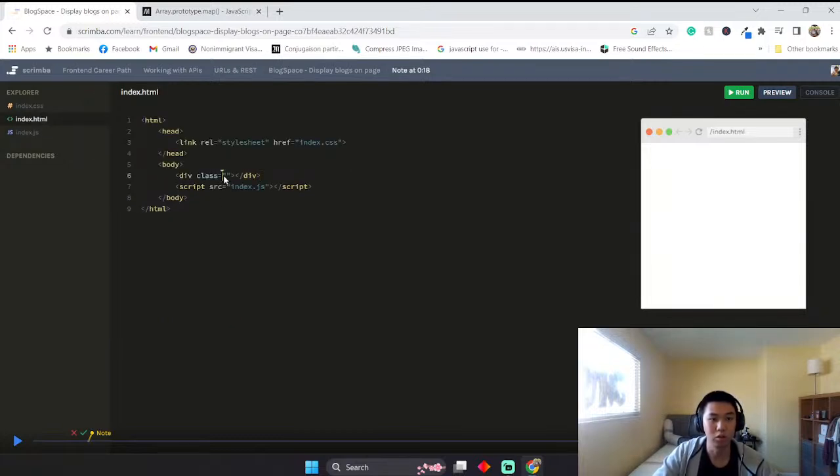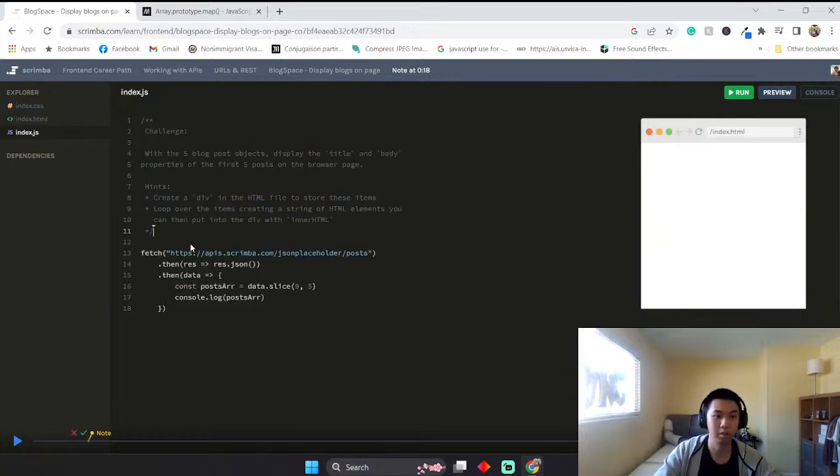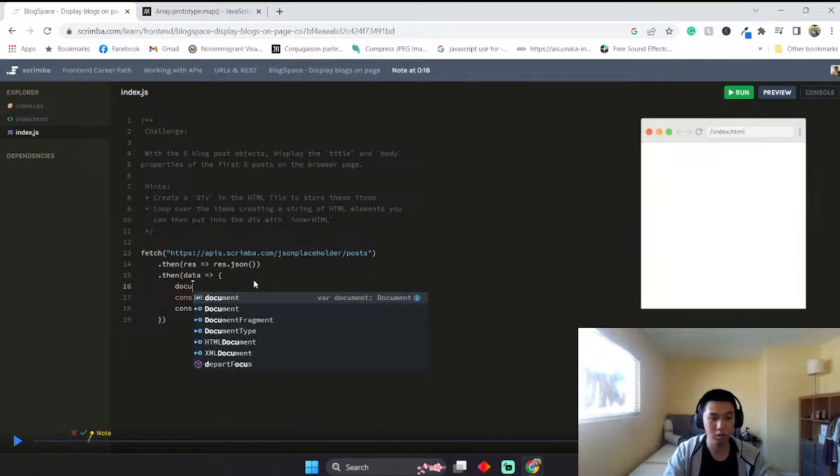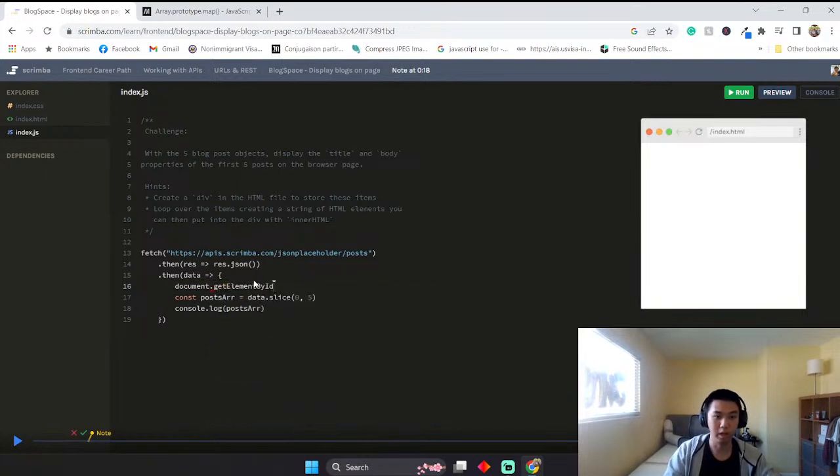So let's call this post containers. Copy this. Let's go on to here. Let's do document.getElementById post containers. So here let's do const post